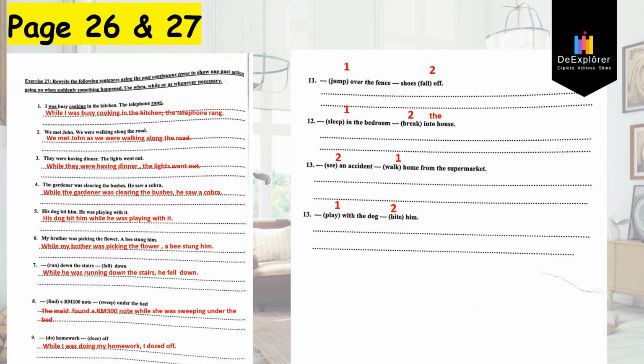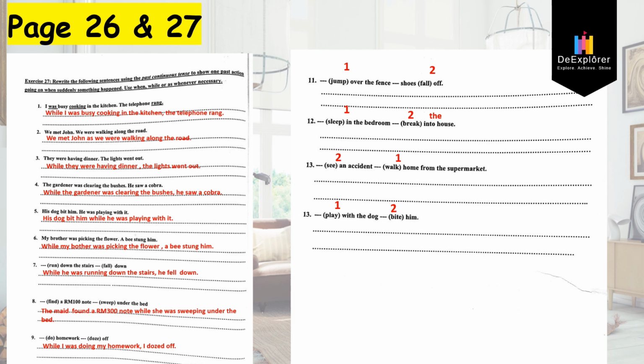Okay, so take a look at number 13. 就是正在爬过篱笆，突然间他的鞋子掉 his shoes, past tense of fall, fell. Okay, so the number 2 that must be past tense. You have to use past tense for number 2. Okay, the same goes with number 12. 正在睡觉，突然间有人贼闯进屋子啊。